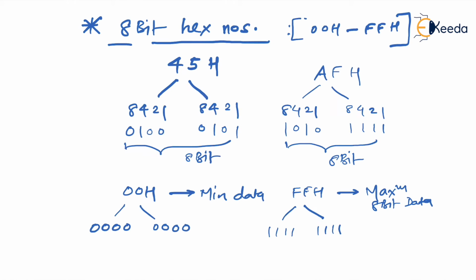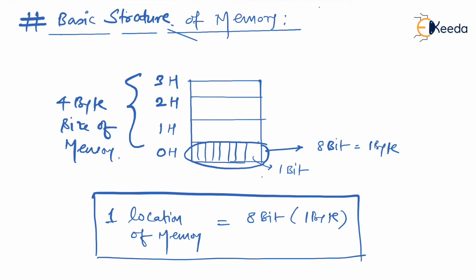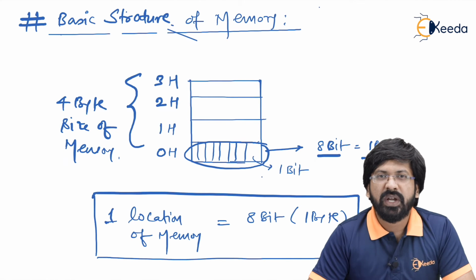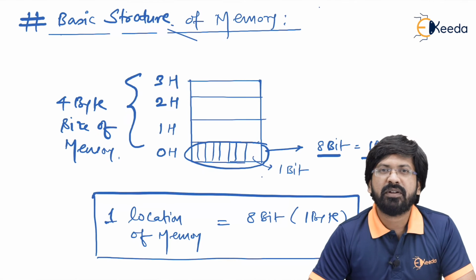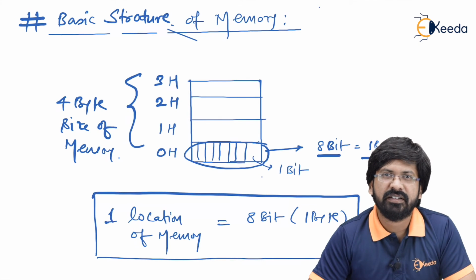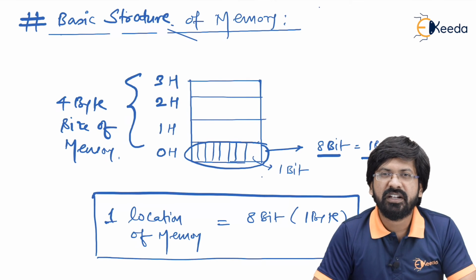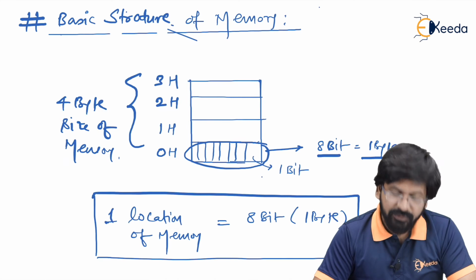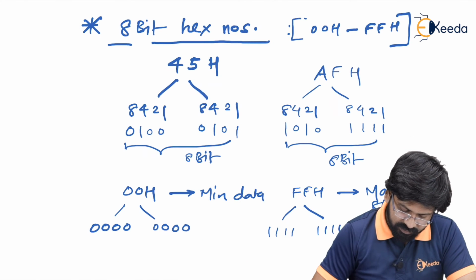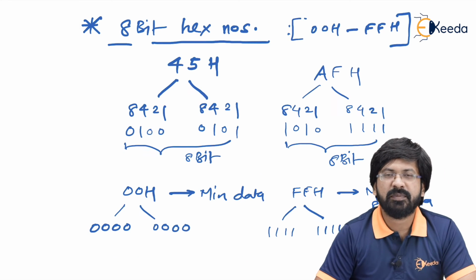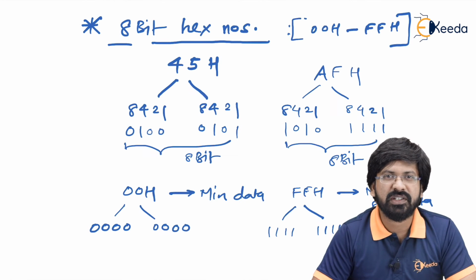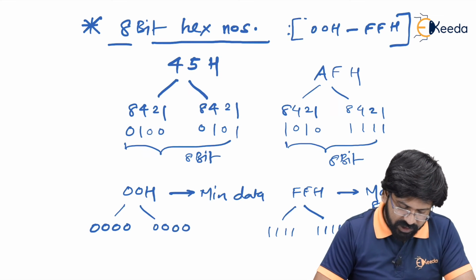I'm saying in terms of storing because, as we have already seen in terms of memory, 8-bit is 1 byte, that is nothing but one location of the memory is equal to 8 bits. So every location can have a maximum of 2 hexadecimal digits inside it, right? So just to give you an idea, every location can store only 2 digits of hexadecimal number, right? So this is what we call an 8-bit hexadecimal number. Now let's talk about memory.